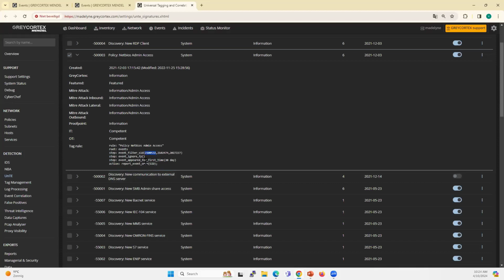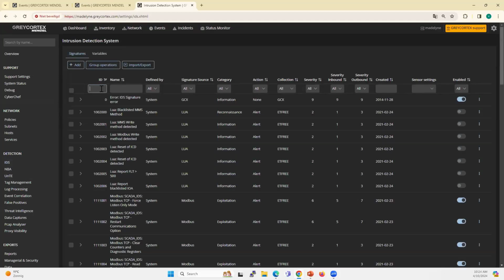And then it appears for the first time in 30 days. So that means that when it doesn't happen, but now in 30 days, this is the first time it happens, then it will create a report event on the signature ID. I copied one of these signature IDs, and just to show you what is inside,